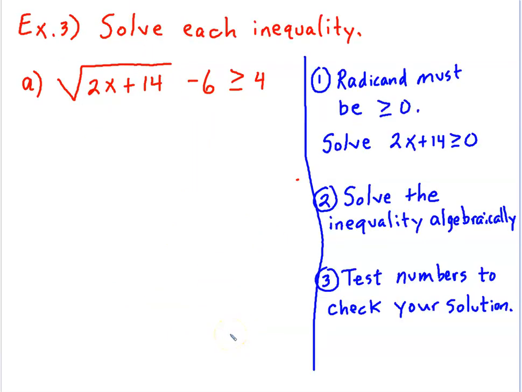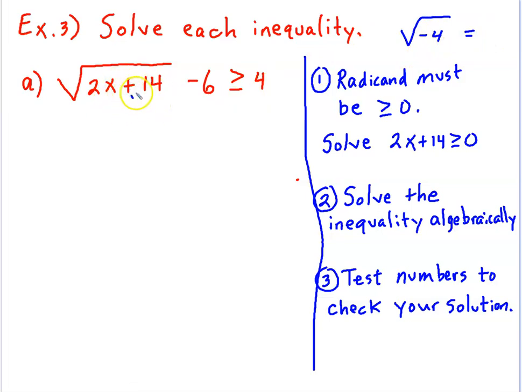Okay, our final examples involve inequalities, and I've given you a list really of steps here to follow. If you follow these 3 steps, you should be good. There's a lot of similarities in the way we solve these with what we did with equations. But there's a couple of things that you need to be aware of. First of all, we've got to make sure that when we solve for x, we don't create a negative number under here,